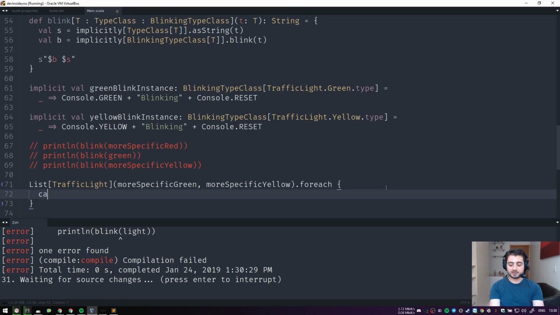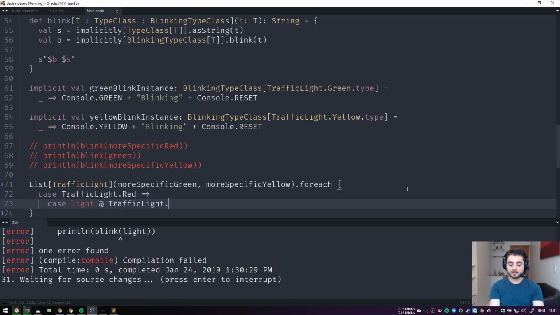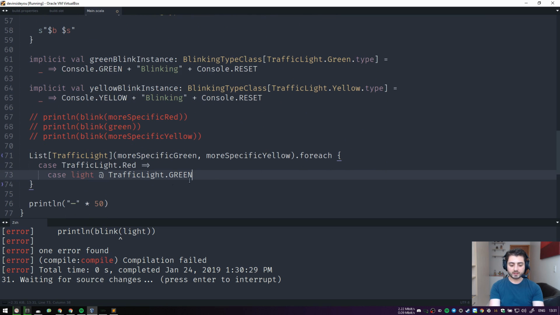So what you need to do is you need to say, okay, if this is a traffic light dot red, then I'm just not going to do anything. And if it's the other ones, so if it's a traffic light dot green, and I believe you can actually do an or here, so this is sort of like a union type over here. I believe you can do that. So if it's a traffic light green or traffic light dot